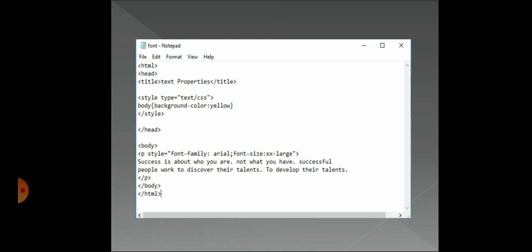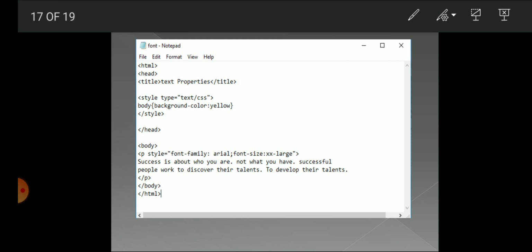Now let us just have a look at the HTML program that implements the font properties. Now just see, we are using the HTML tag at the starting. After that the head section is there, head tag is there. We have given the title as text properties. Then we have the style type.